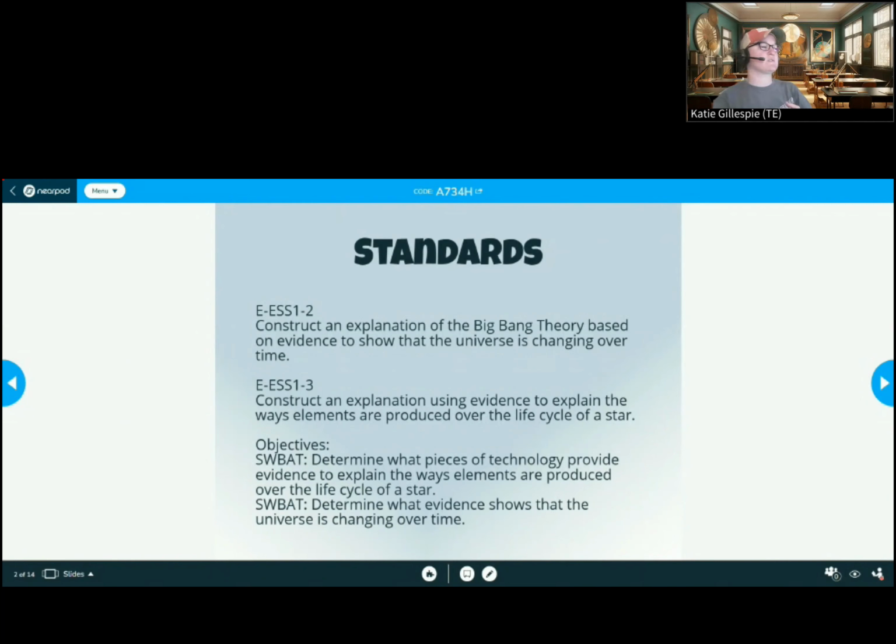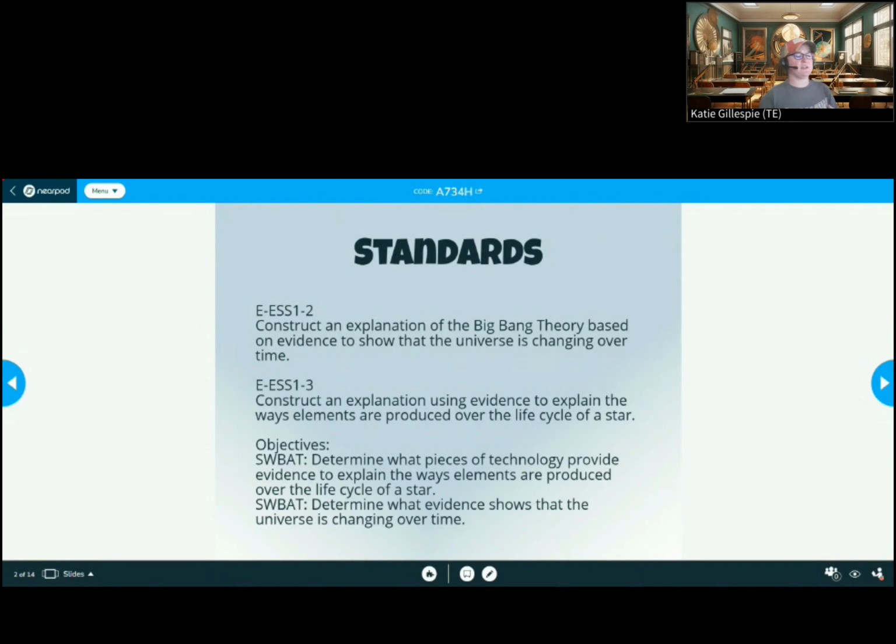You'll have live class with me doing a lab, and then you'll have an async lesson on the Big Bang Theory. So this, again, still covering Standard 1. Standard 1 is astronomy. 1-2, that's more about the Big Bang Theory, showing how evidence has changed over time. The reason that standard is attached to this particular set of notes is because what we are looking at here